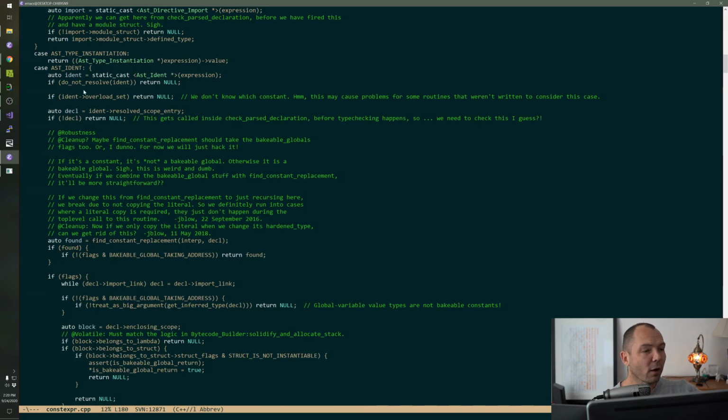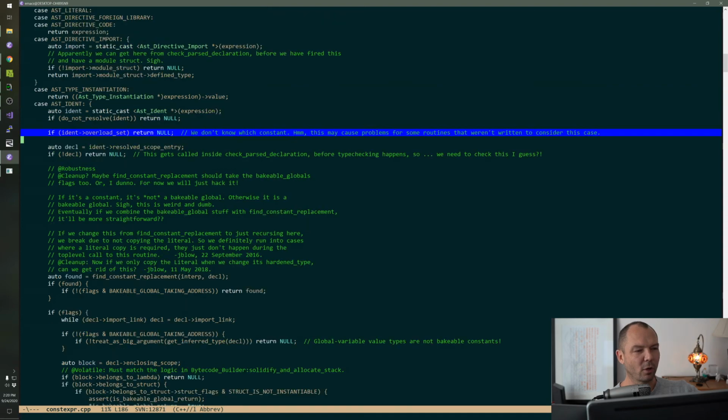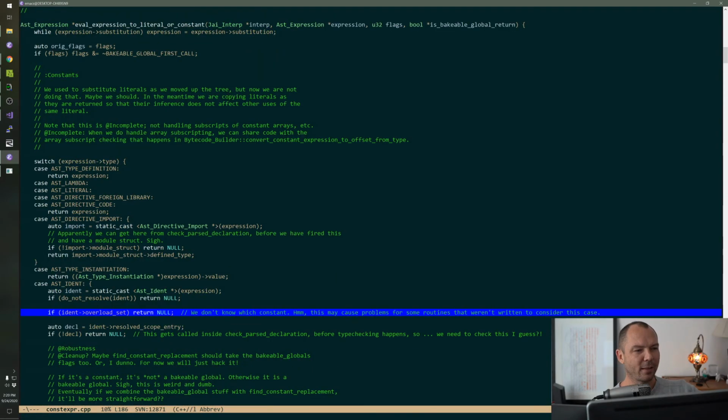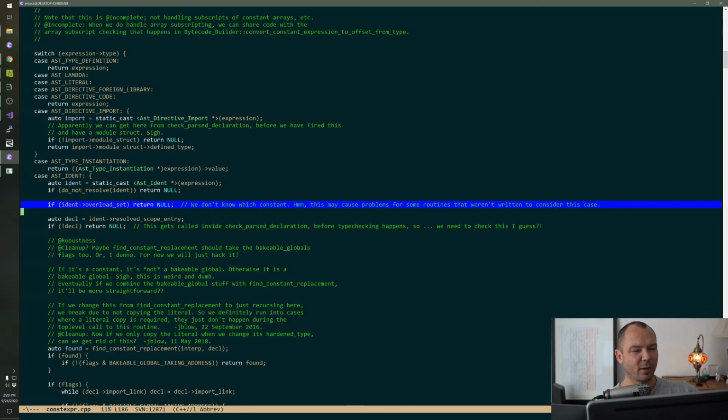If you have an identifier, we do some weird stuff. So if it's bound to some overloads, we actually say that's not constant right now, even though it kind of is. It's like a set of constant functions. And the reason is because we don't have language semantics to represent a set of constant functions. Like, do we say that the type is like a product type of all the function signatures, or what?